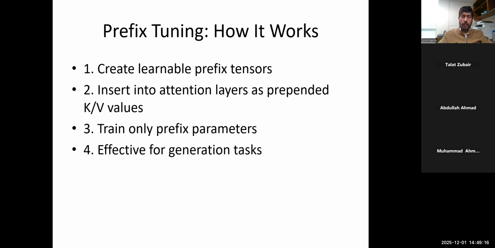ठीक है, सो the nitty-gritty details जो math है you can find it in the literature, but I'm not going to cover that here. But as I said, it is part of the attention computation. जो हमने attention computation discuss की हुई है पहले. So how we compute the value vectors, the key vectors and the query vectors. Usually the key and value vector जो inner product लेते हैं. Sorry, the key vector and the query vector. Value is output. इनमें आप update करते हैं. And then of course you only update these parameters, the new parameters.